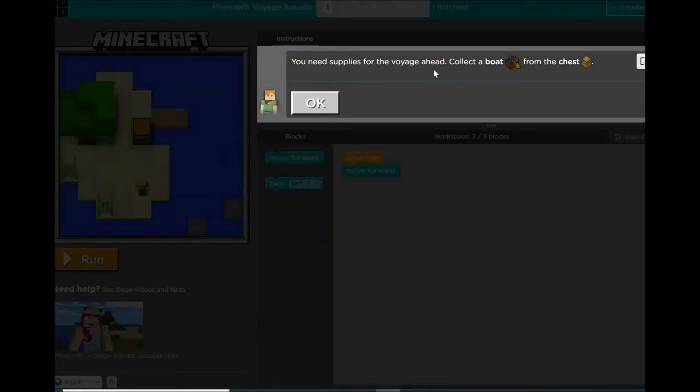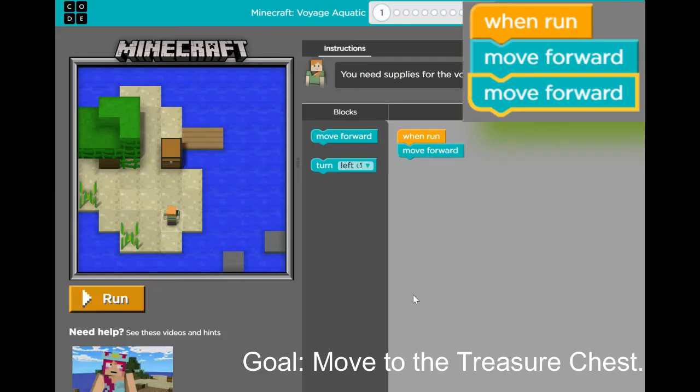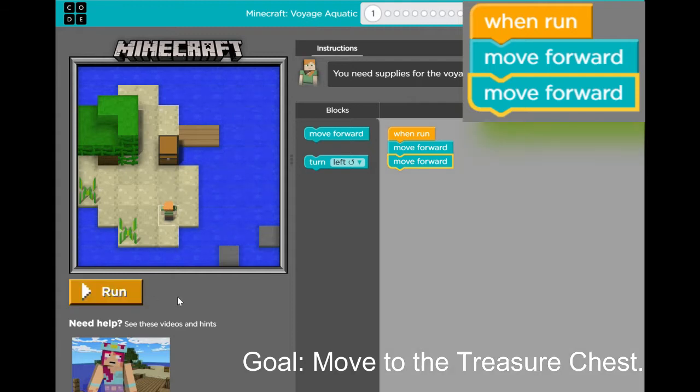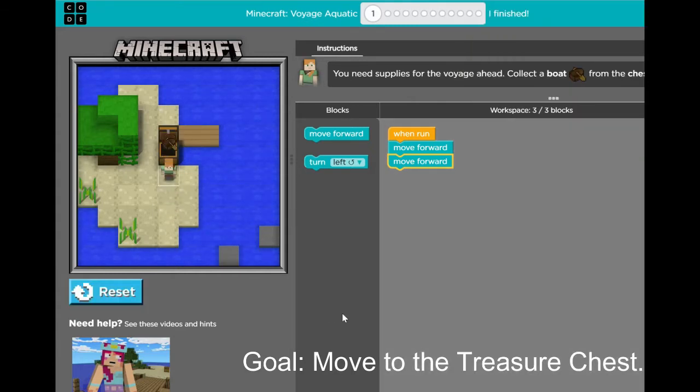Okay, so this is me doing challenge 1 in real time. So goal, move to the treasure chest. And when I hit run, my little Alex just moves forward once, and that's not quite good enough. So I go ahead and move forward, I drag that under the first move forward. And I can see that when I hit reset and run, I have accomplished my goal because she's jumping up